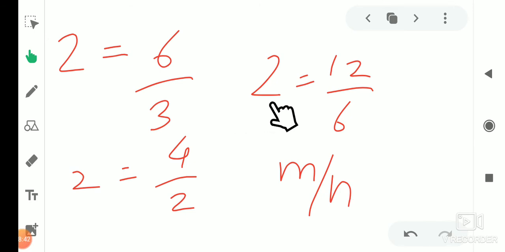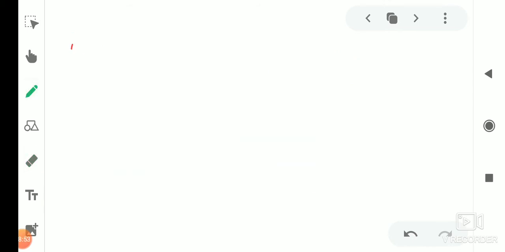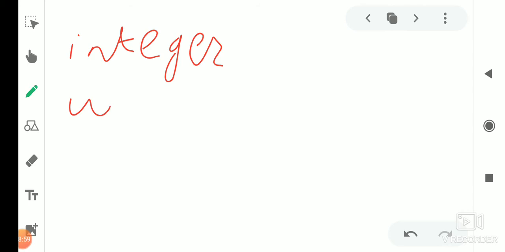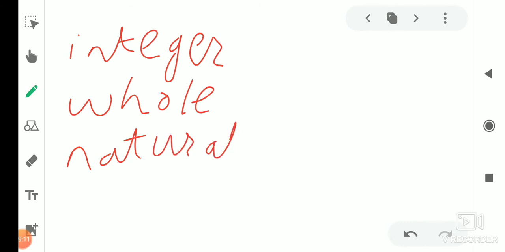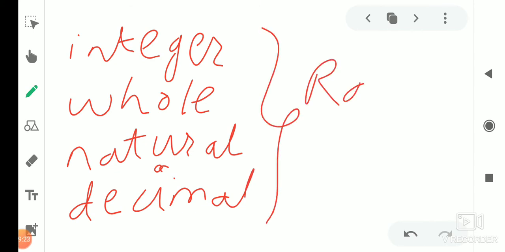It means that 2 is also a rational number, right? 2 is also a rational number. It means that all the integer numbers are also rational numbers. All the whole numbers are rational numbers. All the natural numbers 1, 2, 3 are rational numbers, and all the decimal numbers, meaning the numbers which contain points, are rational numbers. Okay,